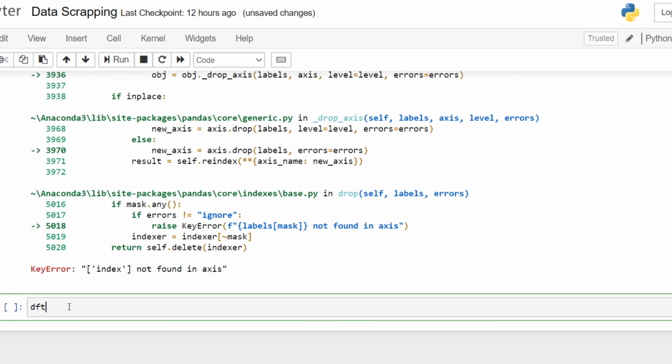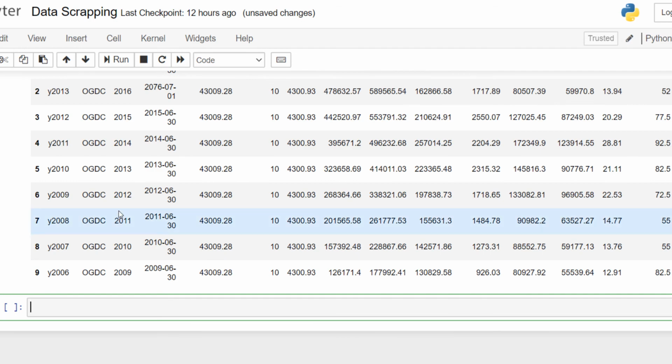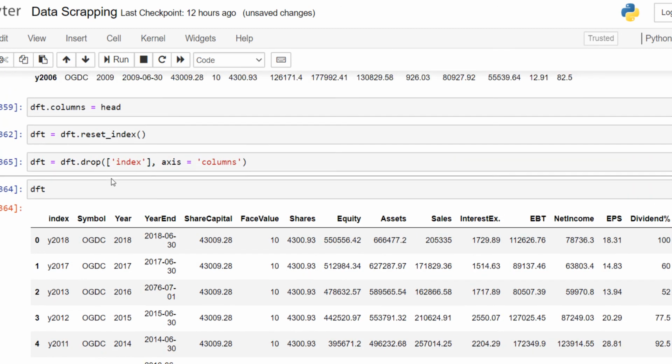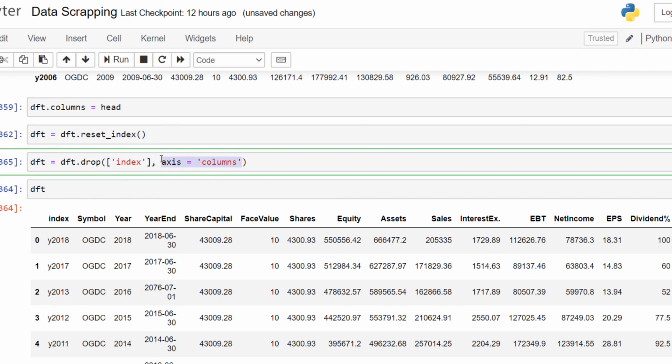So let's see. Okay. Actually, when we want to drop a column, we have to type axis is equal to columns, so that it knows that we are dropping a column.